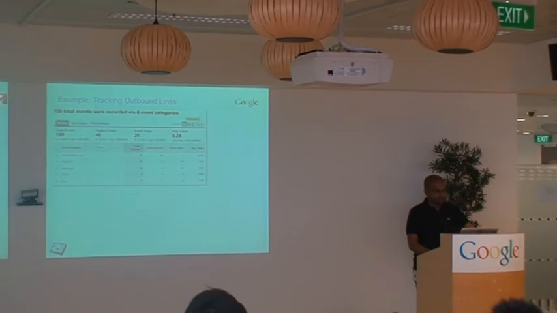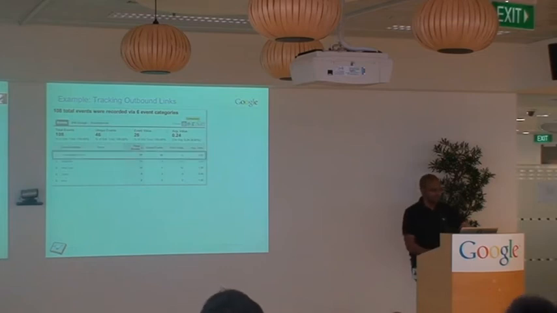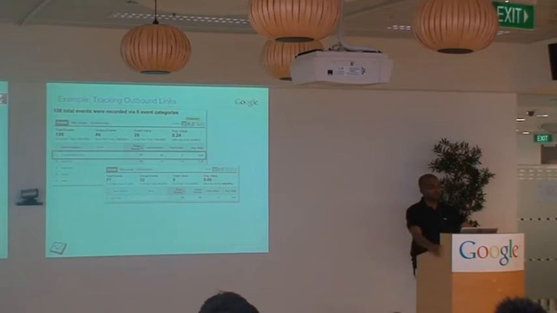And so then when I go into my event tracking reports, I can go into my event tracking overview. Here I see a breakdown of all the categories that I'm tracking, so all the groups of objects that I'm tracking. I'm interested in my social media links. Then I can drill down into that and look at all the different types of actions I've been tracking on the social media links. In this case, all I'm tracking are clicks, but maybe you might want to track other events as well. Maybe if it's a rich interactive site, drag and dropping or minimizing or something along those lines. You can track all of that.